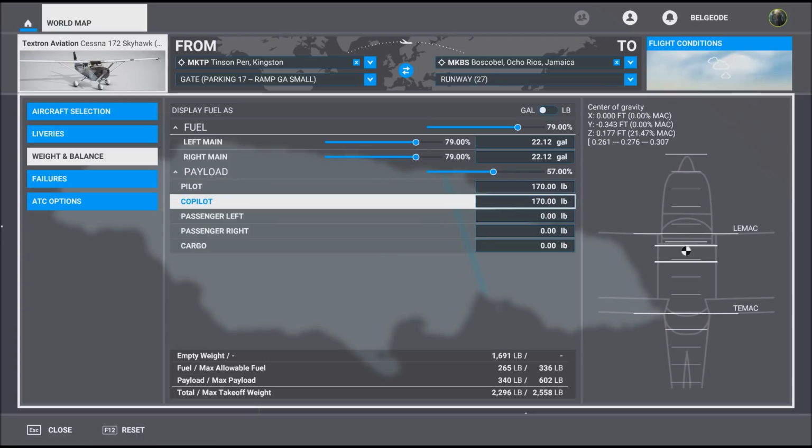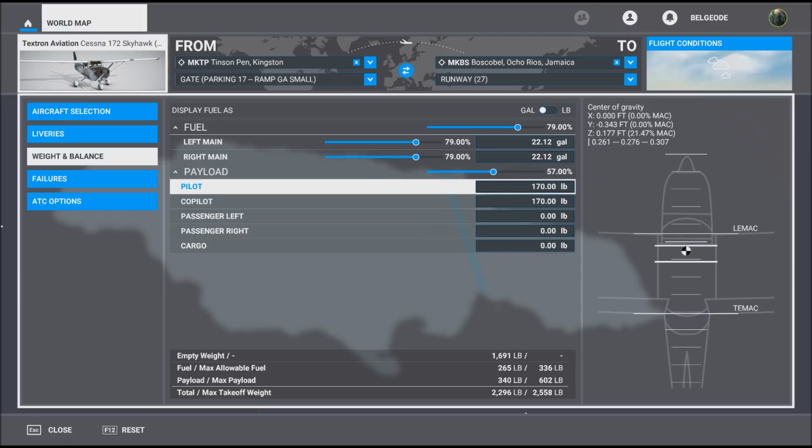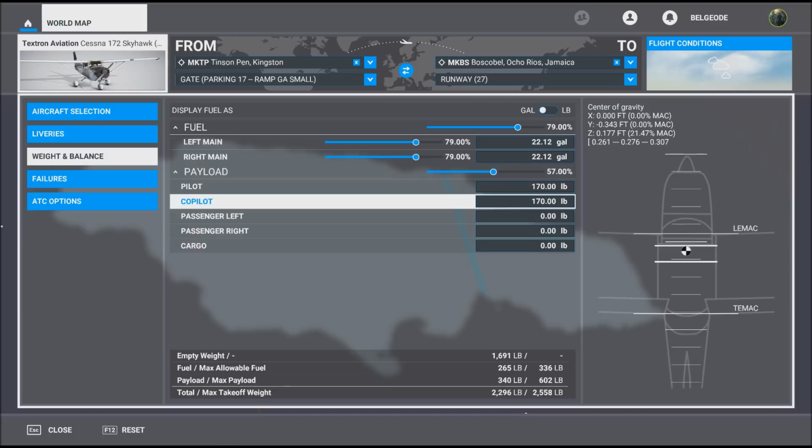We can also change around our payload: pilot, co-pilot, passenger left, passenger right, and cargo. We have weight in the seats for pilot and co-pilot, so those figures will appear when we look in the